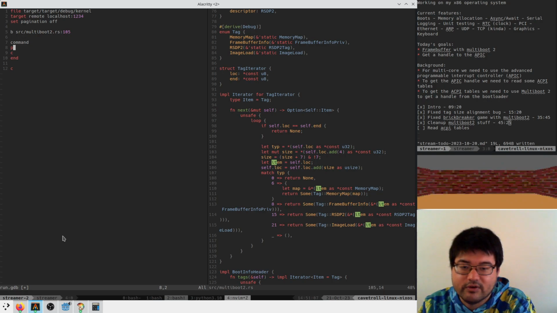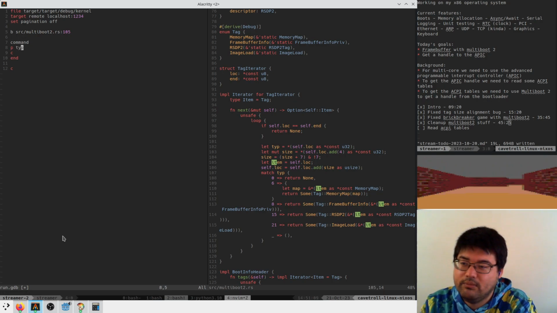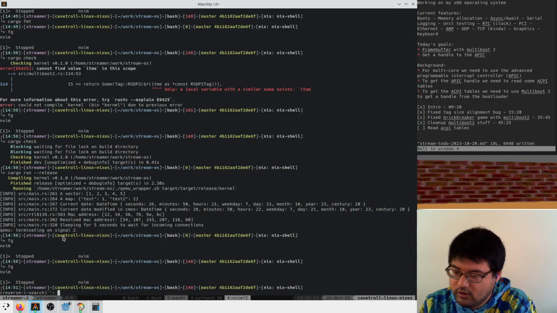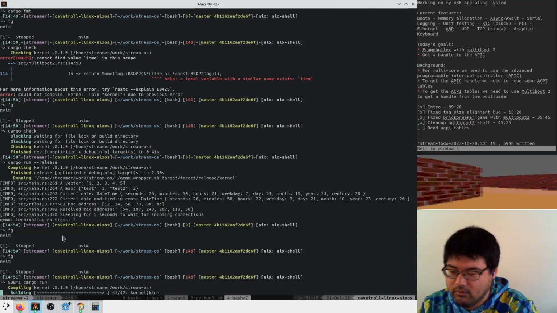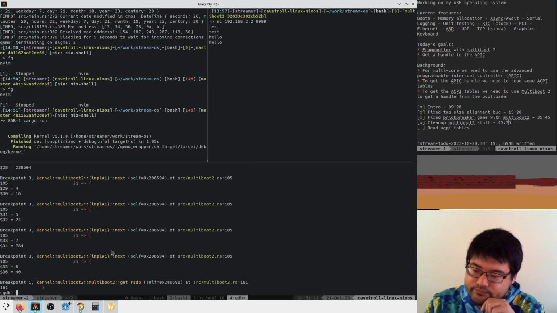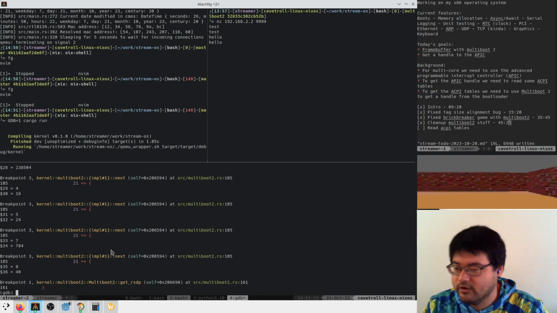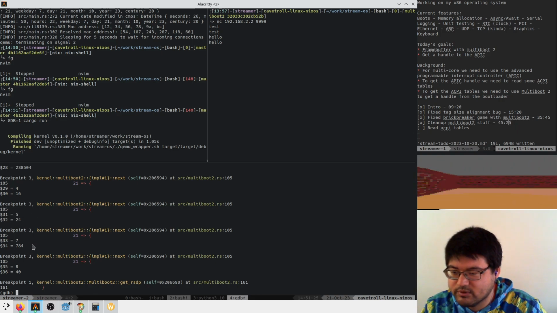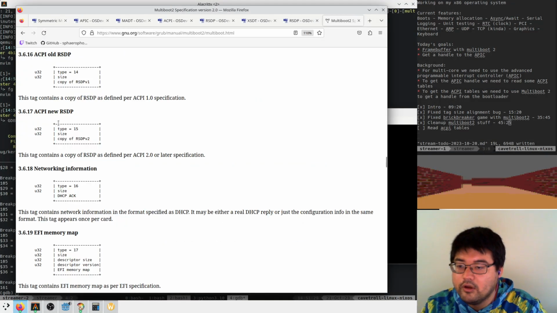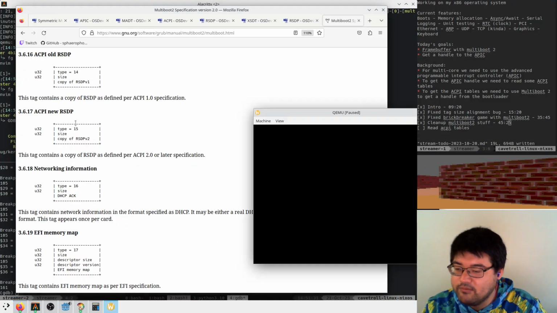Line 105, and I can say print the type and print the size. And continue. And then if I run this with GDB, it's kind of fun. Look, that's pretty fun. So for each of these, I get to print it. So I'm looking for a new RSDP, type 15.